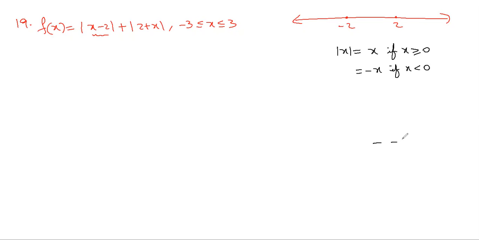For example, minus of minus 7, is it a negative number or a positive number? Positive number. Just because it begins with minus, you can't say that it is a negative number. After minus, what is there? After minus, if you write a positive number, then that is a negative number. After minus, if you write a negative number, that becomes a positive number altogether. So here it is clearly mentioned in the mod x definition that x is a negative number. In case x is a negative number, that negative number is multiplied with minus and written. So the minus of the negative number is positive. So you're writing a positive number here.